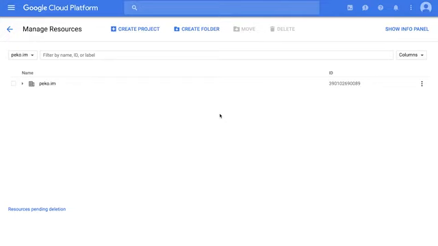Now let's do a lab activity. We'll show how easy it is to start and use your first Windows virtual machine in Google Cloud Platform. In this demo, we'll create a new project on Google Cloud Platform, provision a Windows virtual machine in Google Compute Engine, then access it using Remote Desktop Protocol.